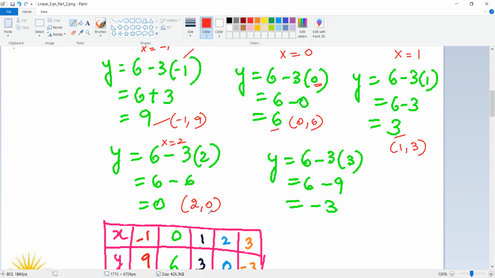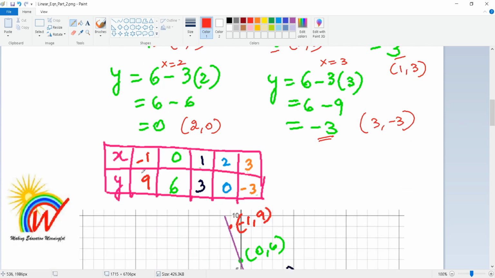Be careful of writing. You should carefully write the number which is supposed to be written first and the number which is supposed to be written second, because the number written first belongs to the x coordinate and the second number belongs to the y coordinate. Now the last point, I have taken x equals 3. So I get 6 minus 3 of 3, which is 6 minus 9. So I get minus 3 because the negative sign is in front of the larger number. So you get 3 comma minus 3. Those are the points I have: minus 1 comma 9, 0 comma 6, 1 comma 3, 2 comma 0 and 3 comma minus 3.